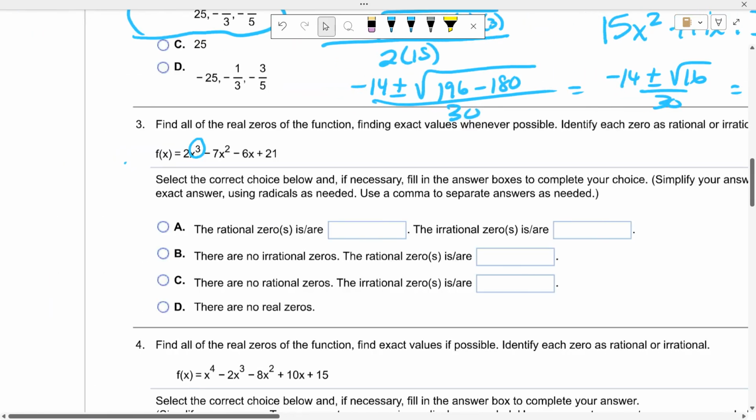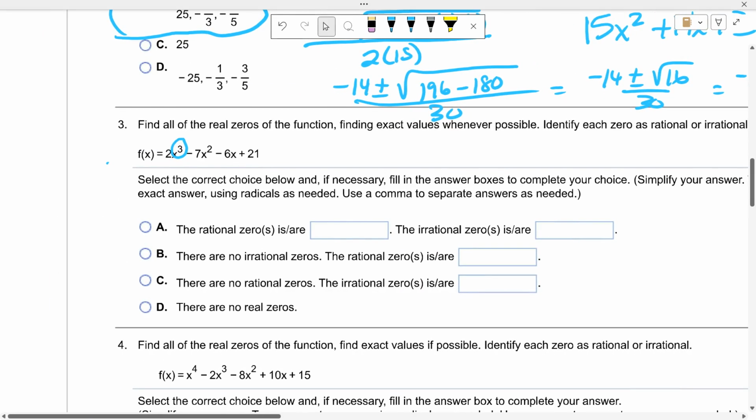Okay, so the factors of 21 are 1, 21, 3, 7, and that's it: 1, 3, 7, 21. And the factors of the leading coefficient are 1 and 2. Okay, so your factors are 1, 3, 7, 21,